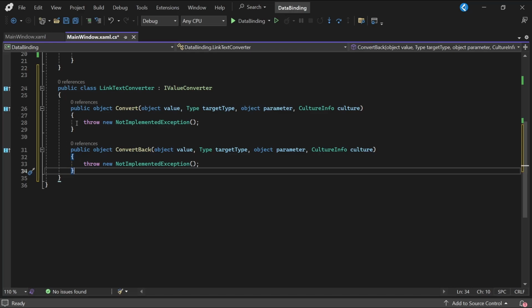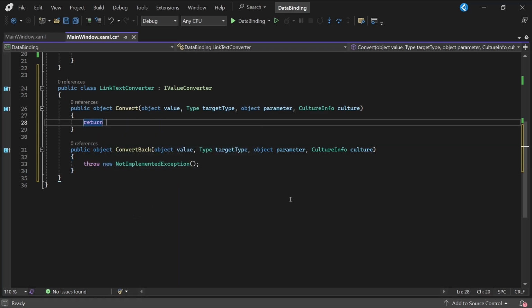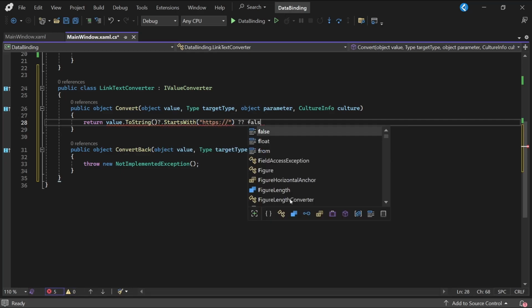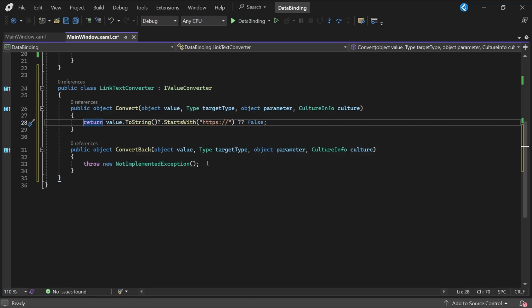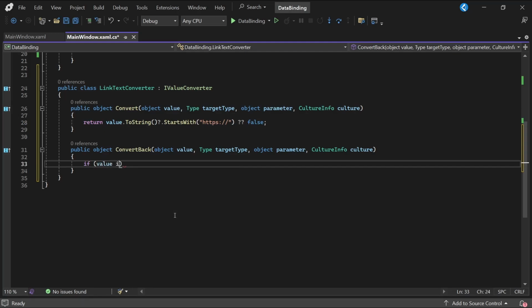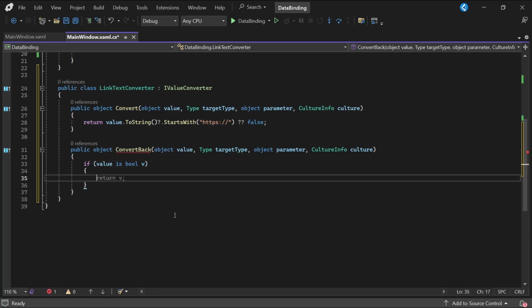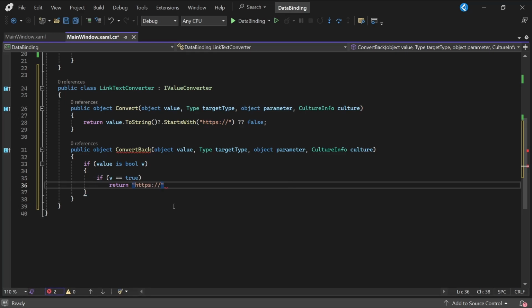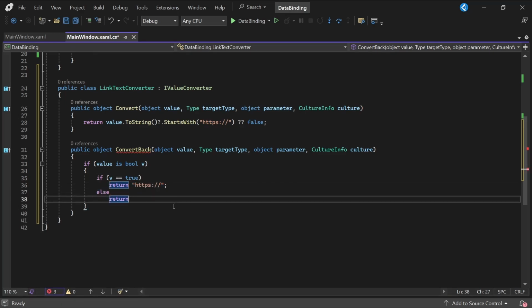For this example, we can convert the text box value to a boolean based on whether the value starts with HTTPS. If the value is null for some reason, we can just return false. So we've now converted the value one way, but we also need to convert it back. We can do this in the convertBack function and check the boolean value. If it's true, we'll just add in HTTPS into the text box, and if it's false, we'll pass a blank